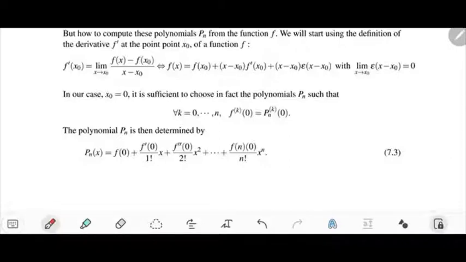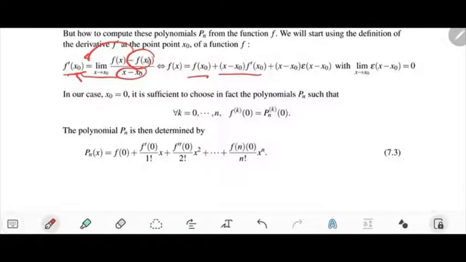So we start to find the idea by calculating the derivative of a function. If I take the derivative of a function f at x0, it's the limit when x tends to x0 of f of x minus f of x0 over x minus x0, which can be written also f of x equals, so I multiply x minus x0 by f prime, and then I add f of x0,